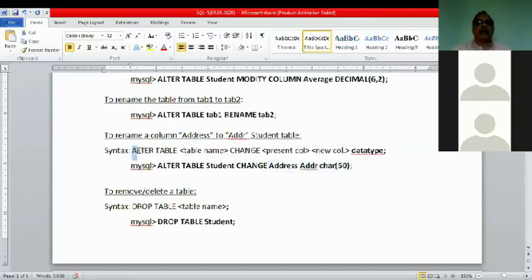The syntax is alter table name, change, present column name, new column name, data type. This is the syntax and this is the example.